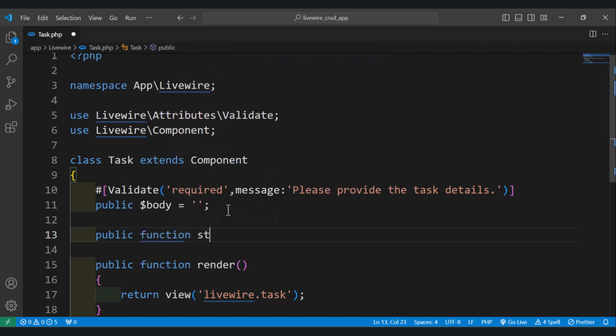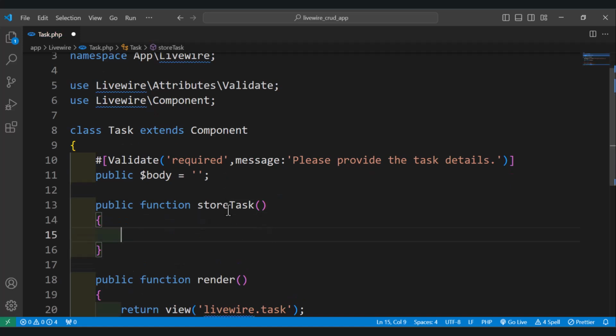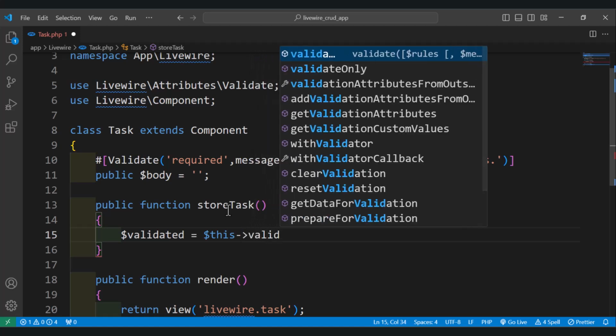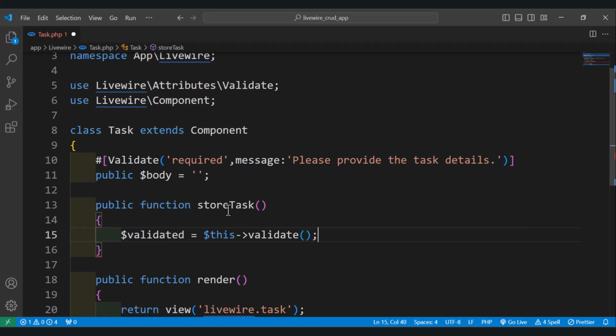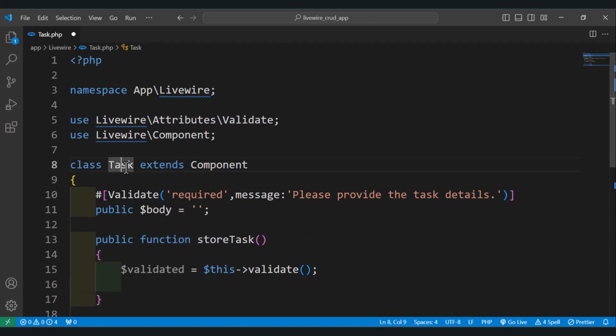So let's add the function and call it storeTask, and inside, the first thing we need to do is get the validated data, which is the body that we have validated using the validate. So here we are defining a variable which is validated, and we get the validated fields. Here we have only one, which is body. Okay, and once validated, we need to use the Task model, and since it has the same name as the class,